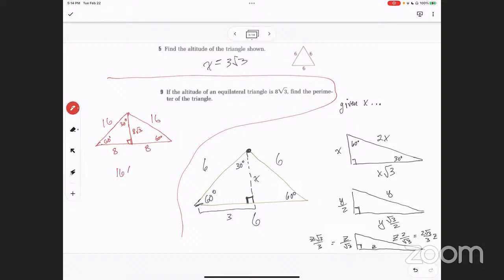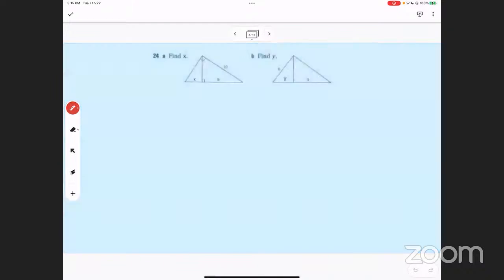And what are all 3 of the sides? 16 times 3, which is 30 plus 18, which is 48. Got it? All right, that's pretty easy. Yeah. So that was the key, was to do that special right triangle. So same with this one right here. Actually, no, not the same. This we're going to use